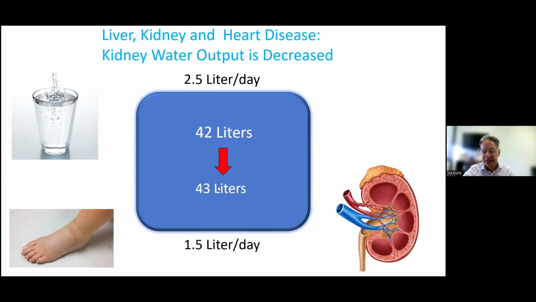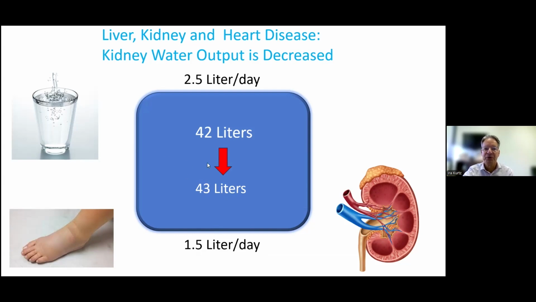That water, and in this example, the input exceeded the output, that water will stay in the body and then ends up being manifested as ankle swelling usually. Again, it depends on the severity. The more severe the gain, if let's say instead of 1.5 liters a day, it was half a liter a day the kidney could put out, well, that person would gain 2 liters then. The swelling would even be greater. The other thing we see with excessive fluid gain is high blood pressure, because that fluid stays in your blood vessels and raises the pressure of the blood vessels.